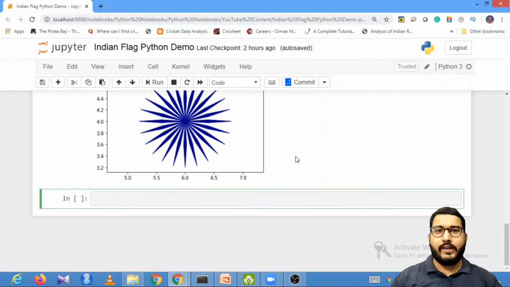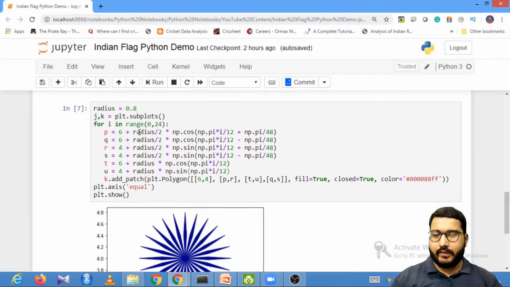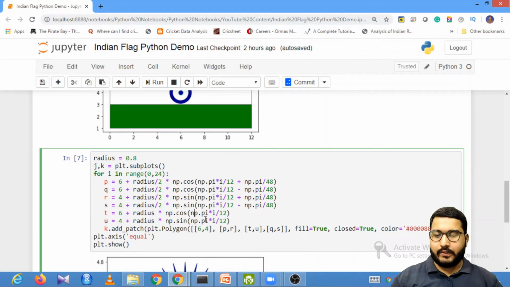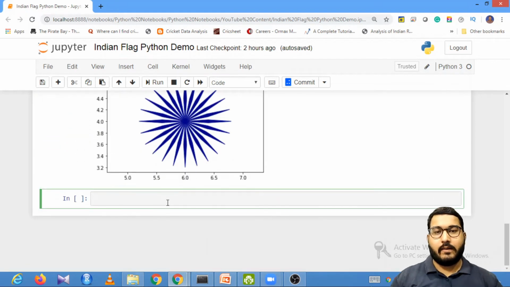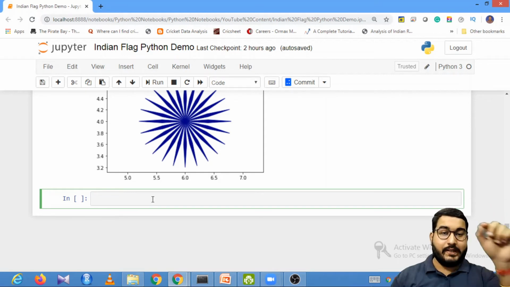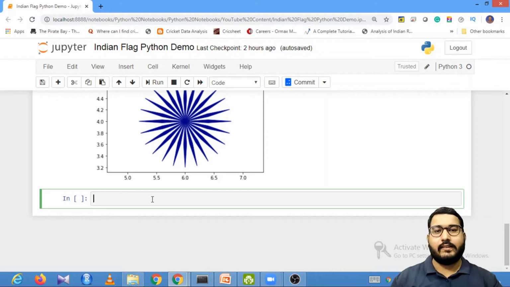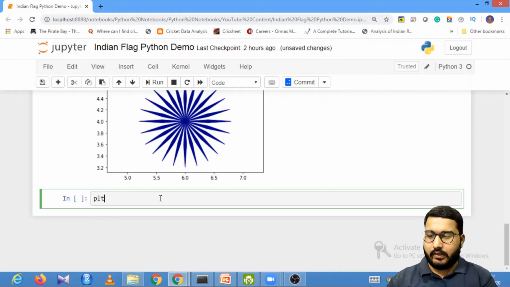Now before you move into the actual working of this particular for loop, we need to first of all understand what this polygon is doing. Now what is a polygon? A polygon is basically a plane figure which is created by connecting various straight lines, and it is connected in a loop. So basically I can randomly connect any 4 data points, and this should be connected in a loop. So any figure that I create out of it is a polygon. So if I try to create a polygon,